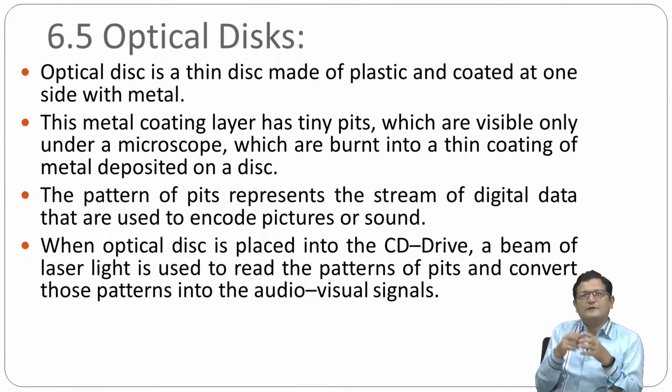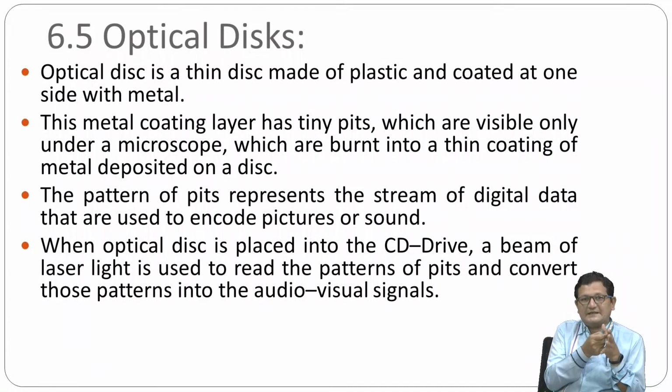Suppose you want to write some zeros. At that time the laser beam will burn that particular pit. Afterwards, if you throw a light on it, because the surface is burnt and not reflective, the ray will not come back. But if the surface is good, not burned, a metal surface, then when you throw a laser light you will get the light back due to reflection. In that way we can write or read the data on the disk.